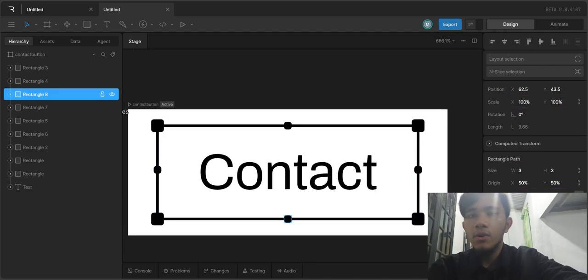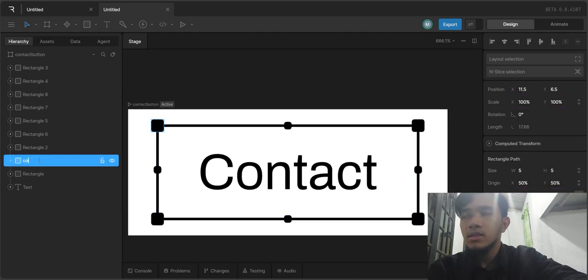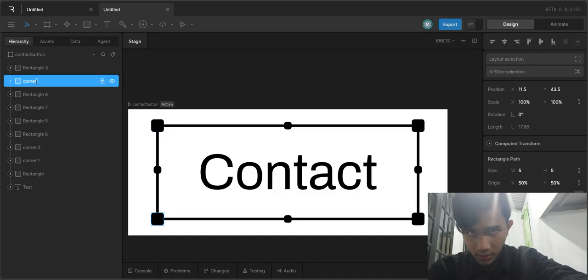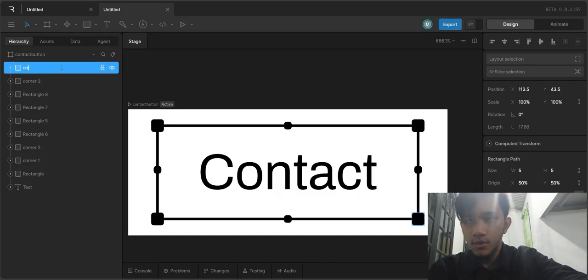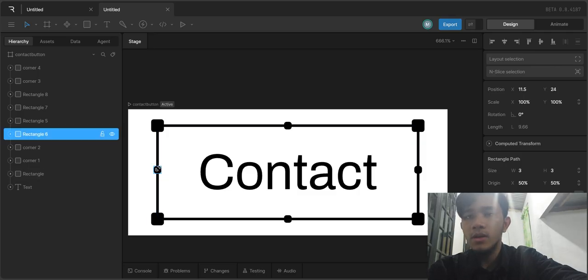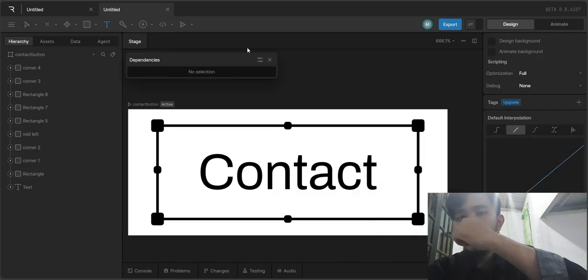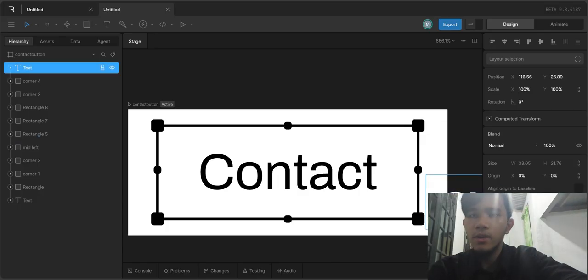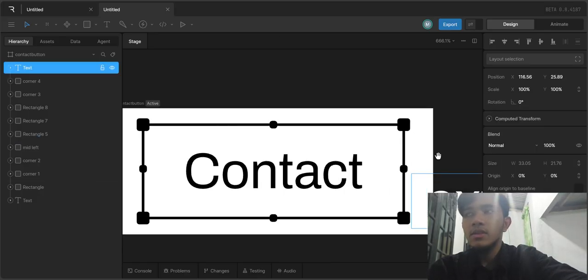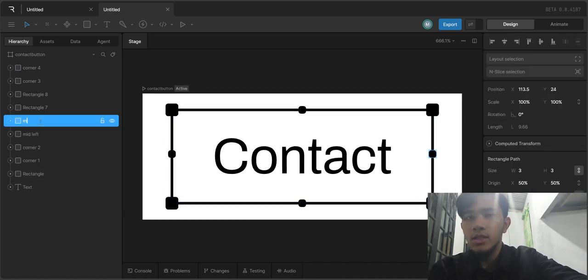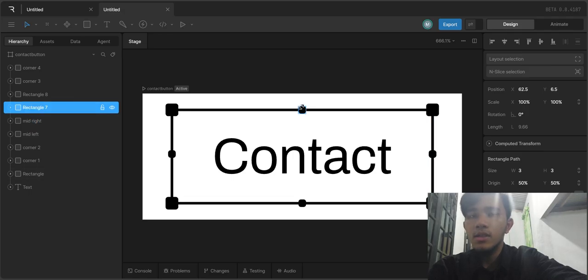Next, let's set a specific size, 100 pixels wide and 50 pixels tall. Since it's small, we'll zoom in using control or command and scroll wheel, or plus or minus. Press F to frame the selection, and use the middle mouse button or space bar to pan around. Now we are going to the design section.